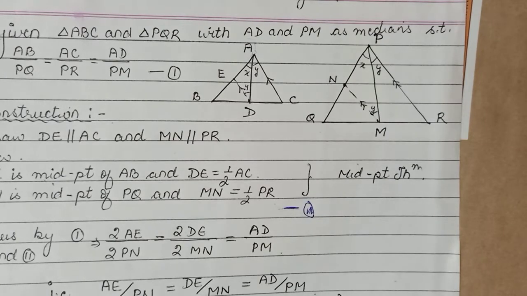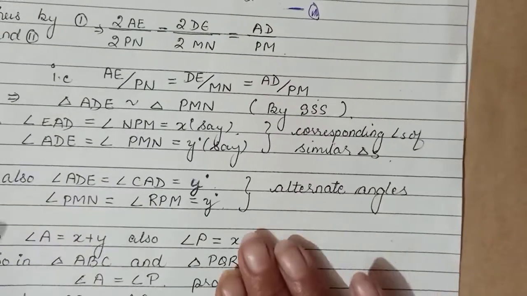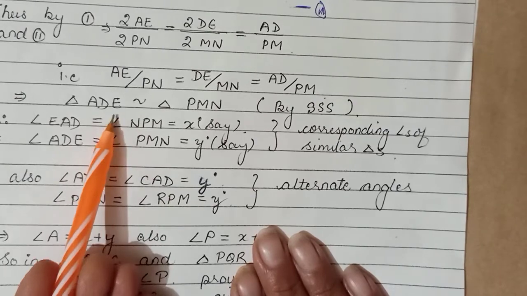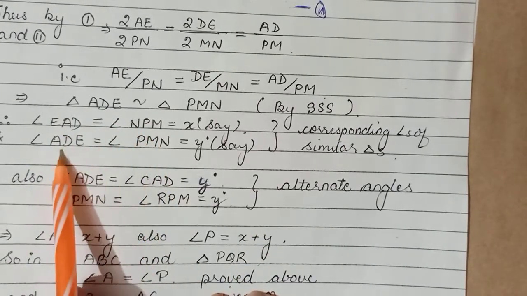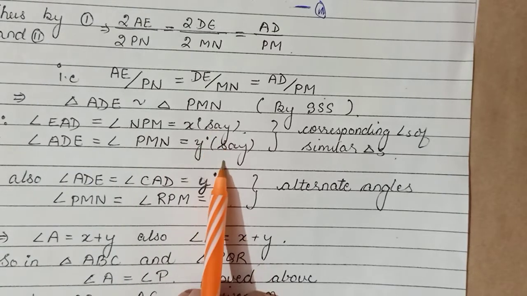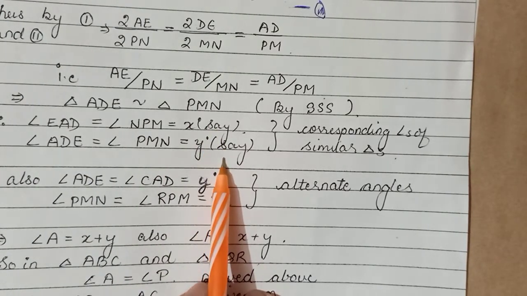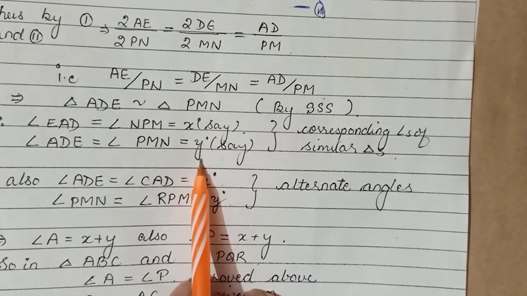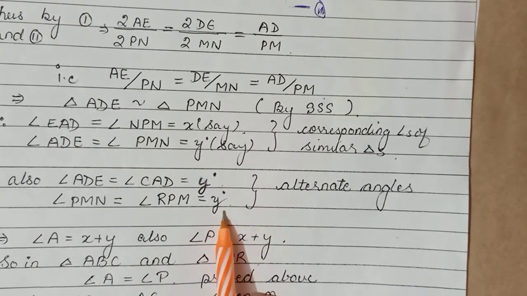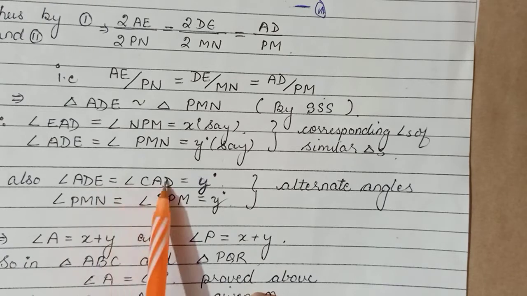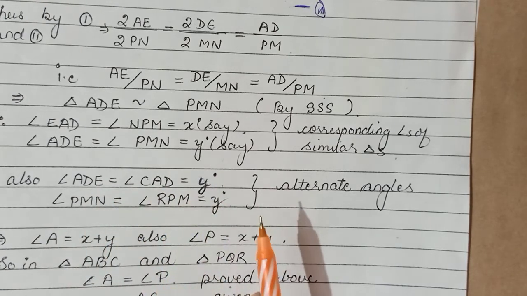Okay, so all those facts we'll quote here. That is what we are doing next. Since we have proved these smaller triangles similar, all these will become the corresponding angles and hence they will be equal. I have denoted, for making our writing easy, I have called them as x and y. Right? Then further we have shown the alternate angles, as I explained you just now, that these angles will be equal because they are alternate angles.